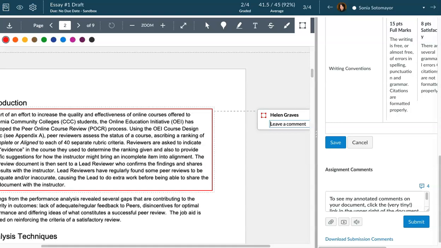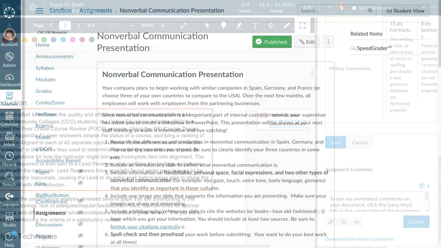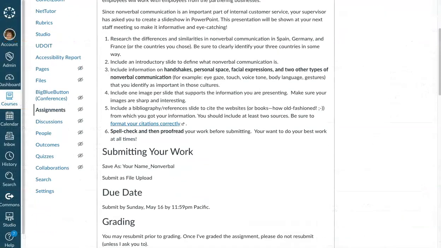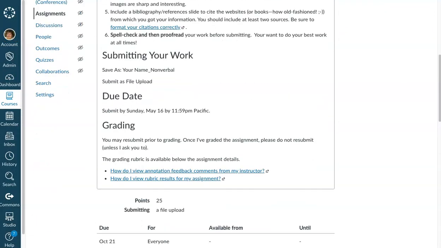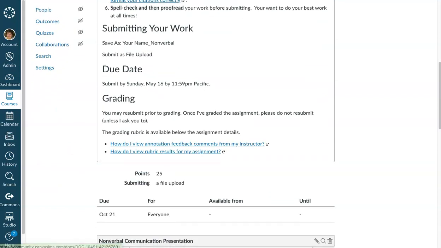So, as I said, accessing this is not always intuitive to students. So telling them in your feedback that you gave them annotated comments and how to find that is a great idea. You can also do that by adding the relevant Canvas guides right in your assignment instructions to help them find that information. You could even create a short little video tutorial and walk students through how they can view